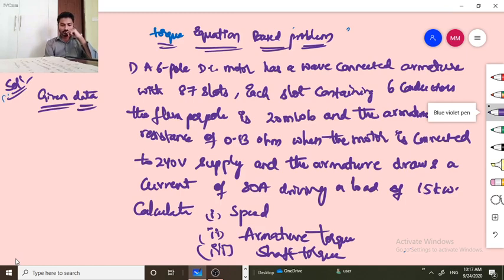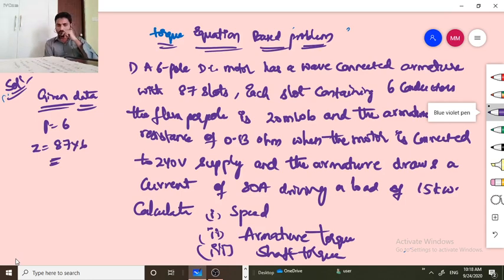So this is a DC motor with wave connected armature. Here we have poles equal to 6, and the number of slots is given here. Based on that we need to calculate the number of armature conductors. Here the conductors are 87 into 6, so it results,